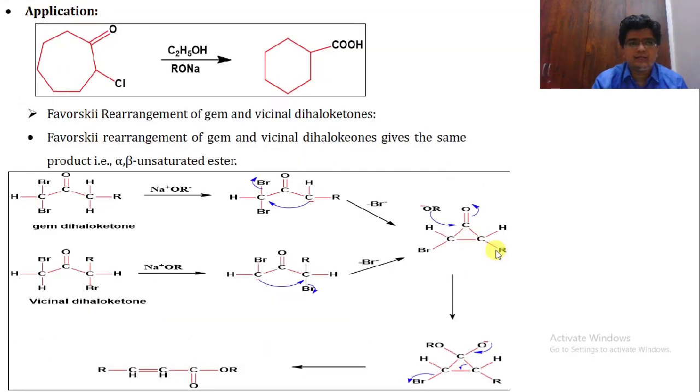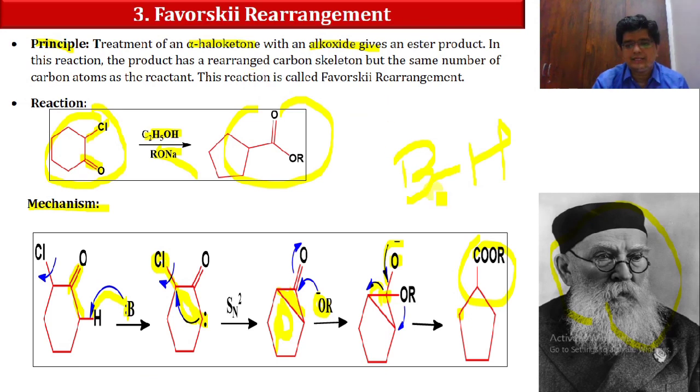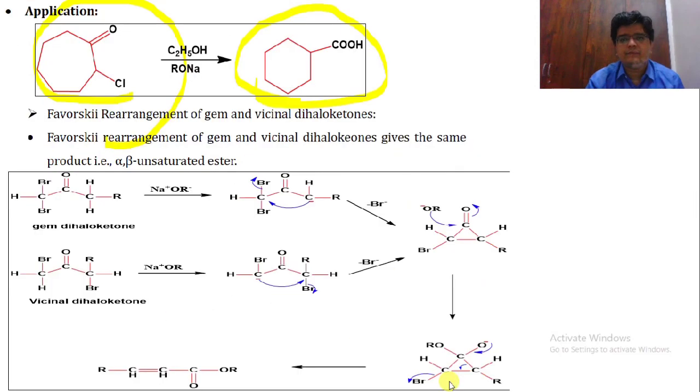Okay. So now let us understand one more example of the Favorsky rearrangement. Suppose you are having a 7-member alpha haloketone. What will happen? This will convert into a 6-member acid. Okay. So now how is the acid created? Here we are having a 6-member alpha haloketone that is converted into a 5-member ester molecule. Further, when it is reacted with hydrolysis, it will convert into the acid molecule. Here we are having a 7-member alpha haloketone that is converted to a 6-member acid molecule.